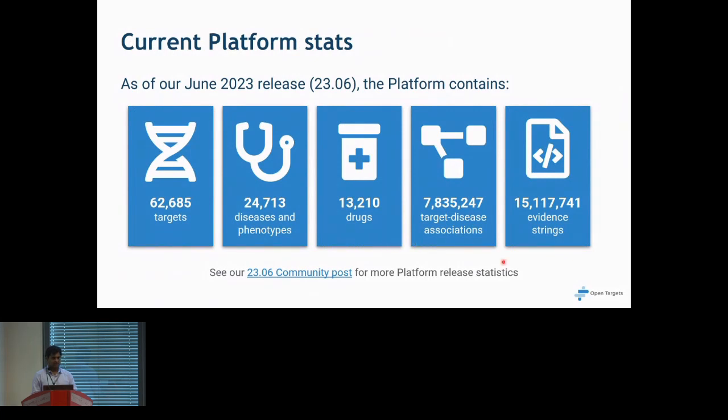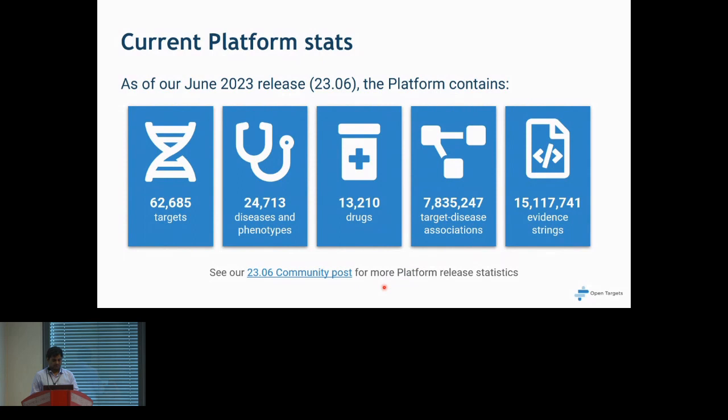7 million disease target associations and 15 million evidence strings. And you can read more about the statistics on our community page. As I said before, the genetics evidence is very important for determining the likelihood of clinical trial success. And we have a lot of evidences that we feed into our platform,